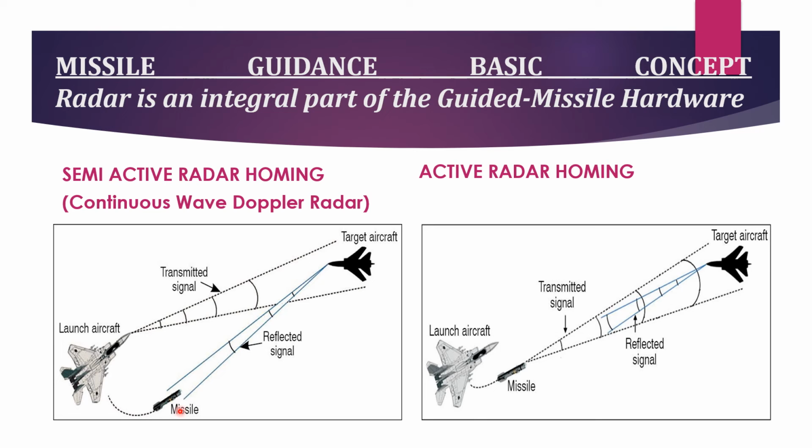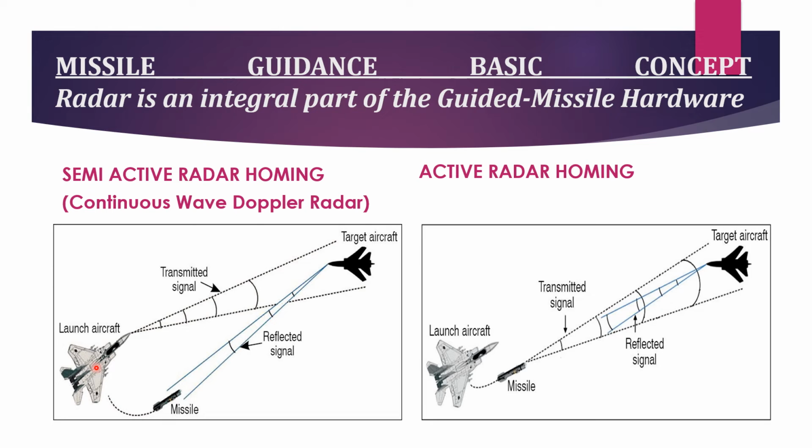So in this particular slide, I will tell you how Rafale is able to do active radar homing. Actually, in any kind of missile guidance system, a radar is an integral part. A missile cannot be guided towards the enemy aircraft unless it is guided with a radar system. So this whole system is called the missile guidance system, and guided missile hardware is equipped with a radar, or it works with radar. Okay, so our Rafale is basically an aircraft which also acts as a launch